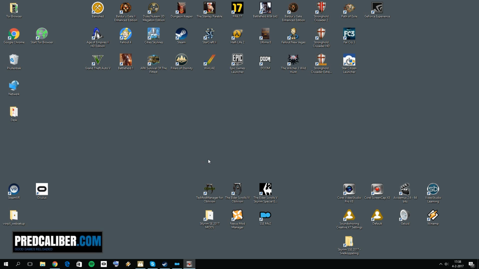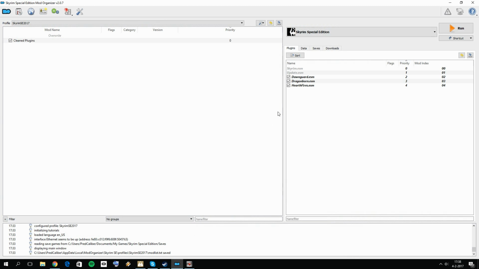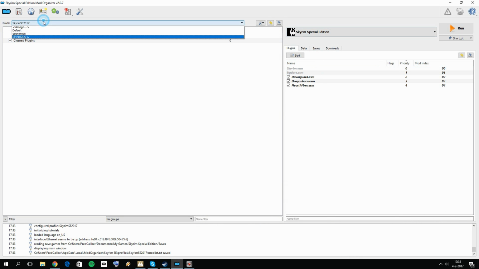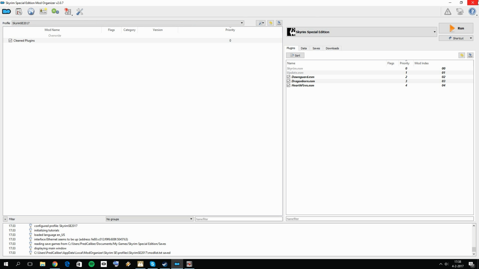For the ones who are already familiar with modding Skyrim Special Edition, for example if you followed my beta tutorial, you're probably familiar already with Mod Organizer 2. In that case, you really don't need to do much. You can just create a new profile in your Mod Organizer 2. But I strongly suggest for everyone who is not using Mod Organizer 2, or is using Nexus Mod Manager especially, or is completely new to modding,